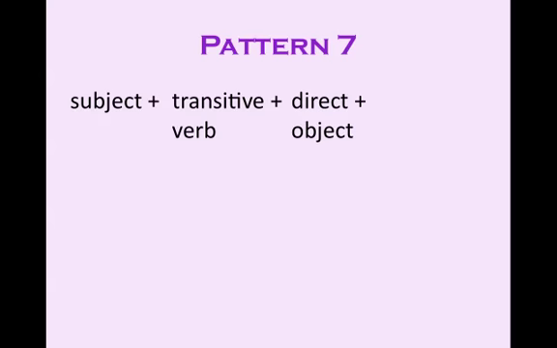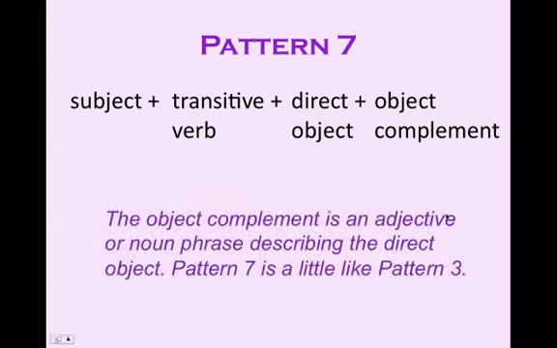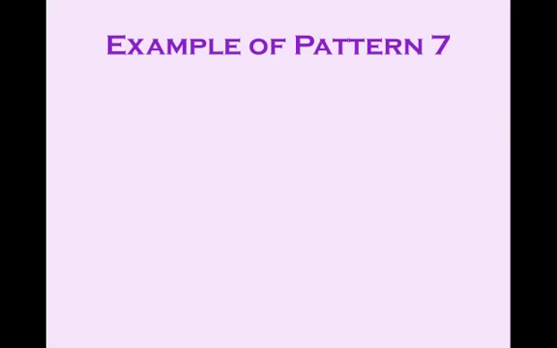Finally, pattern 7. We always have to have a subject because we're talking about sentences. Transitive verb. And what does a transitive verb demand? A direct object. And then we have an object complement. So this is an adjective or a noun phrase that describes our direct object. This might remind you a little bit of pattern 3, where we had a subject complement. Now we have an object complement. Examples: